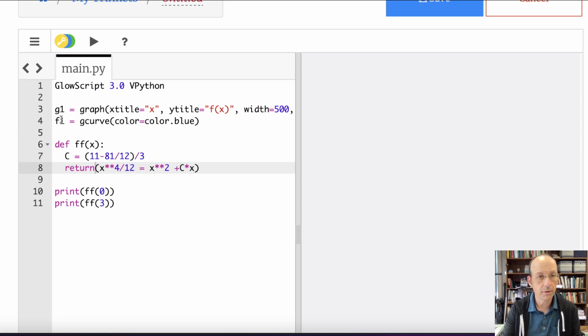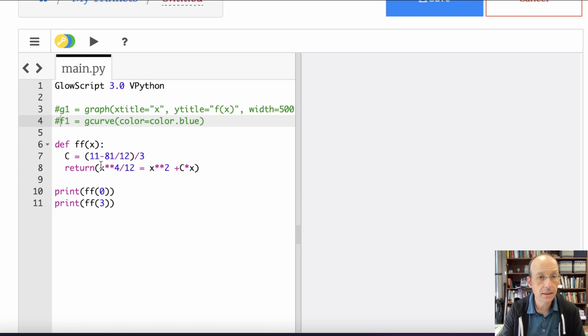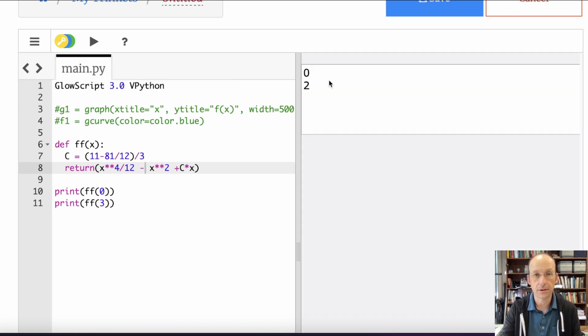I wonder if it has something to do with this. Let's get rid of these. No. C equals 11 minus, oh, do I know? That's fine. Divided by 3. Return X squared. Oh, that's why. Minus. There. 0. It worked. Okay.